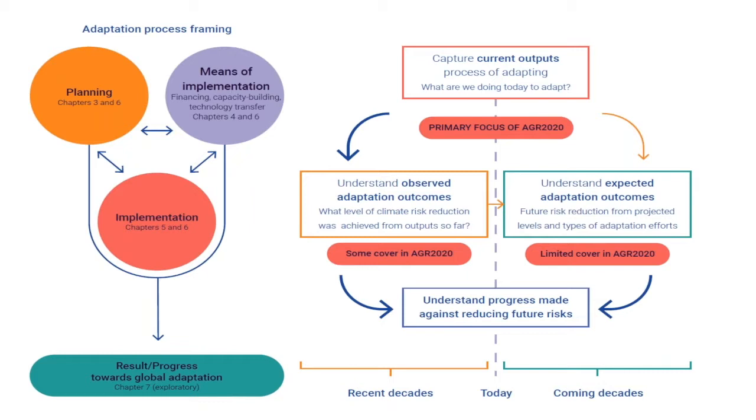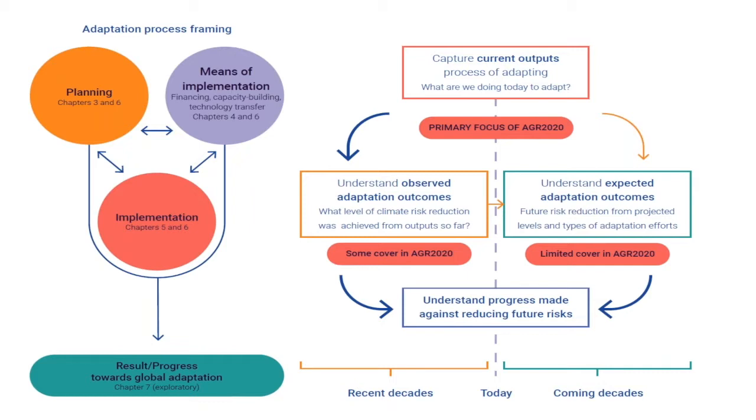While it's by no means a straightforward or trivial methodological exercise to answer this question, data generally allows a relatively comprehensive picture of progress at the output level. However, assessment of adaptation outputs can only provide a preliminary part of the progress story. The big question, of course, is to what extent are we actually reducing climate risk levels today and in the future? Or to put it in a different way, is our progress and outputs actually translating to outcomes? And are those outcomes adequate considering the magnitude of impact expected?